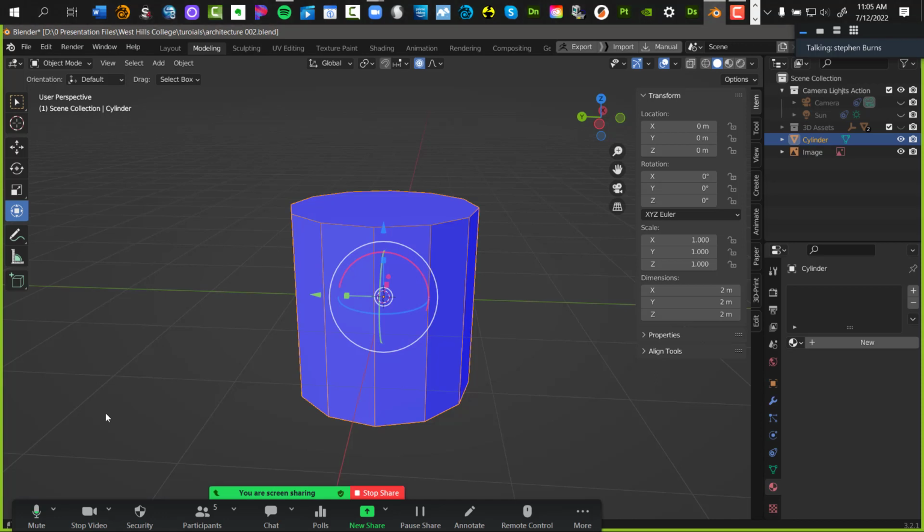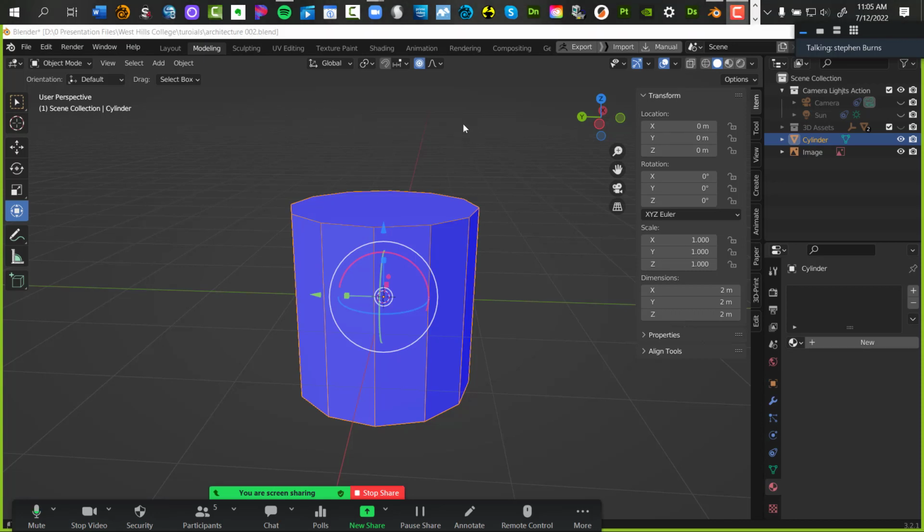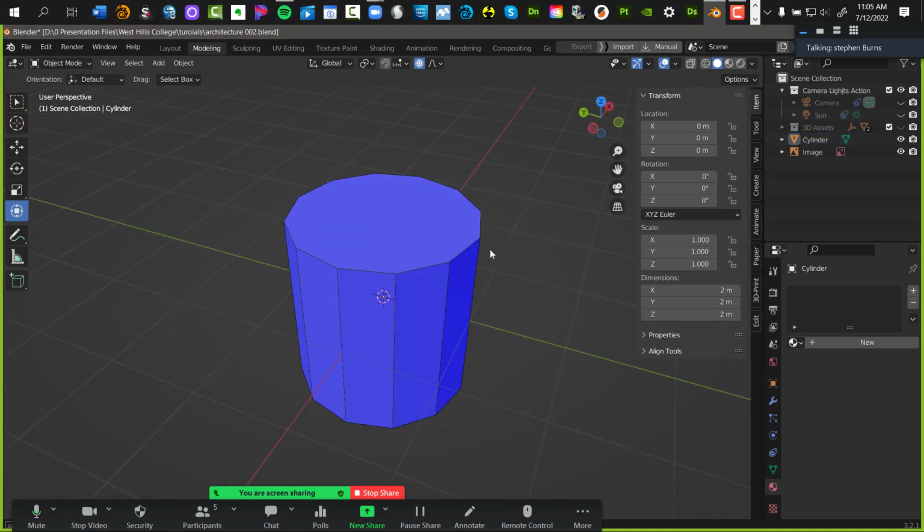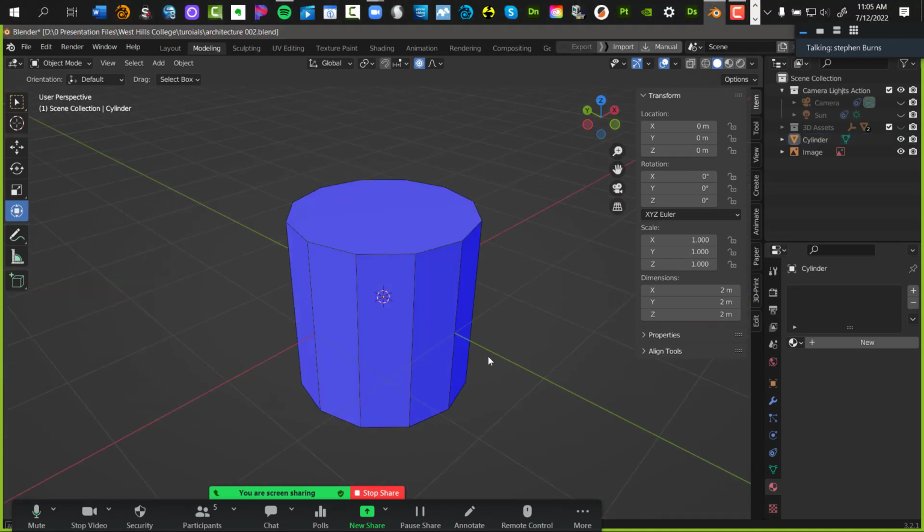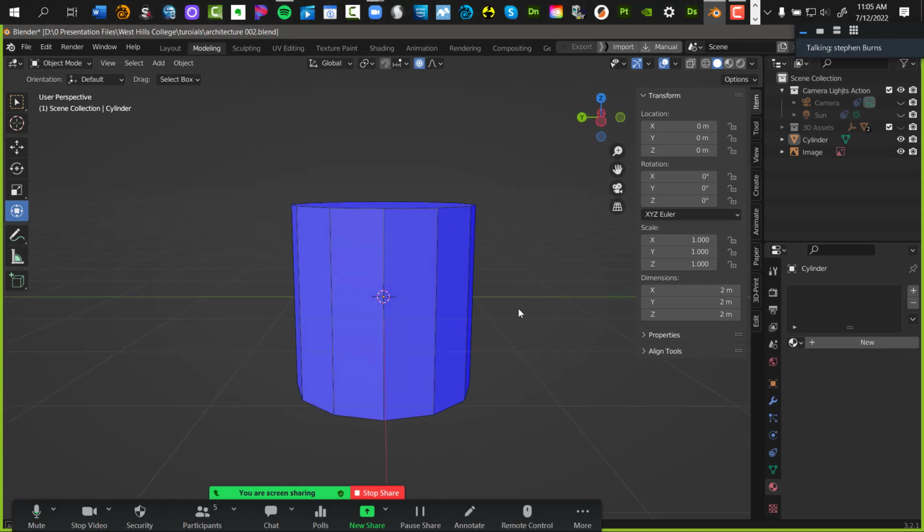All right, now that's the basis of my fire hydrant. Now, what I want to do is I want to be able to see through this. So I want to be able to see to my reference. So I'm going to tell Blender to take me to an X-ray mode. So I'm back in perspective, right? Just hold your Alt key and then click and drag and move around. And I want to be able to see my reference behind this thing.